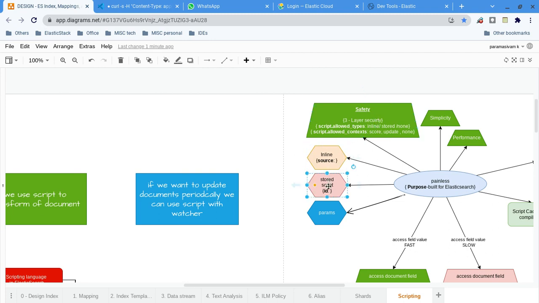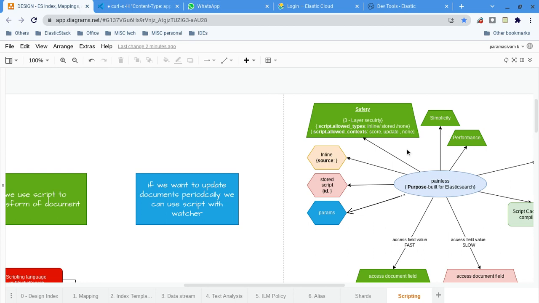Also, I told you we have two types of scripting: it can be inline or it can be a stored script, so you can control that. I will allow only the stored script. A stored script is more secure, because as an admin, use case developer or architect, I define my script and store the entry within Elasticsearch. Anyone can access that script, but the logic within the painless script is completely controlled by me. So I can enable only the allowed script type, only stored. That is one way to restrict.